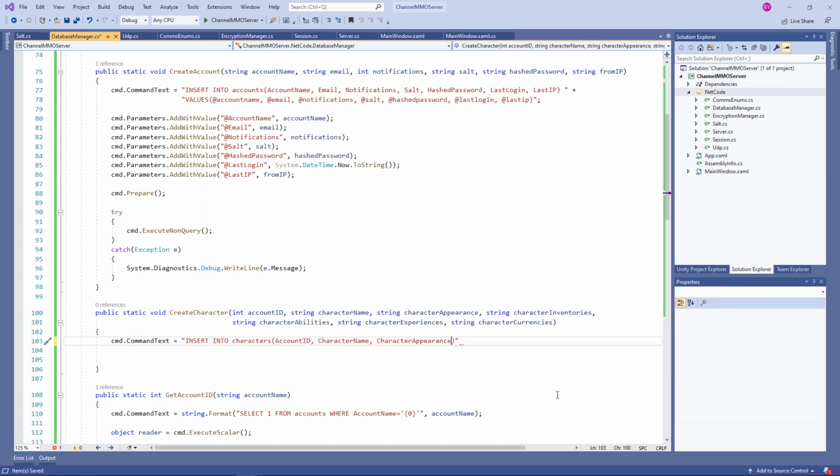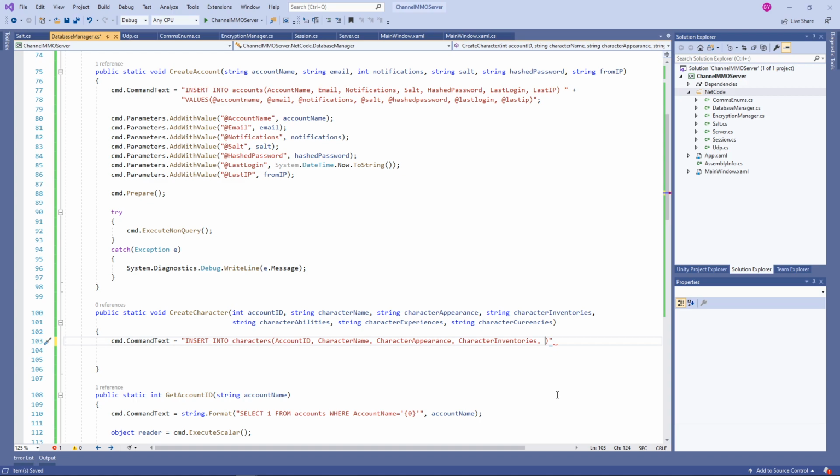Yes, indeed. Okay. Character appearance, and then we're going to need character inventories, and then we're going to need,